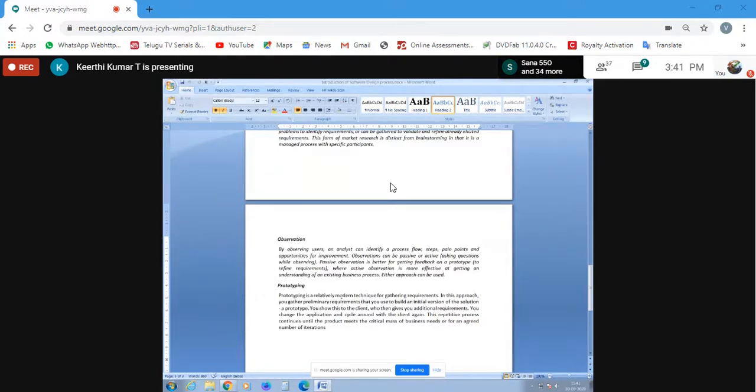So prototyping is something you actually show. You show some part of your whole project to the client and try to execute it so that the client feels, yes, this is what I was looking for. If you want to make any further changes, he's going to let you know then and there. But you're not going to show the whole project to him. You can't keep on working on your project with just the prototyping. This is only going to affect his strategic decision making, or just the decision making for that matter.